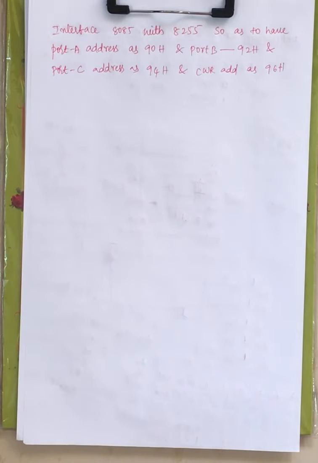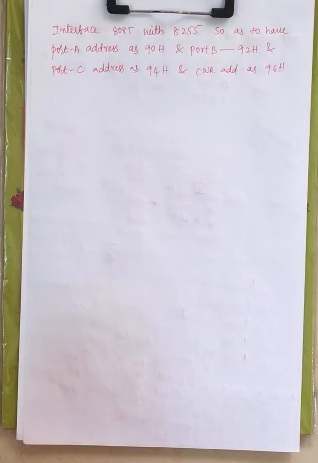Now we have to interface 8085 with 8255 so as to have port A address. That means you are reading the data from that particular location, either a read operation or a write operation, right? Now that table was shown under the pin diagram, read operation and write operation. For one particular value you perform an input operation, and for another you perform an output operation, through which the data bus can be read or written to all the ports, right? That table we have seen under the pin diagram. If you want, you can refer to it. Now what is the problem here? What is the interfacing part here?